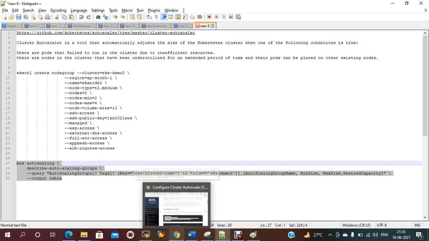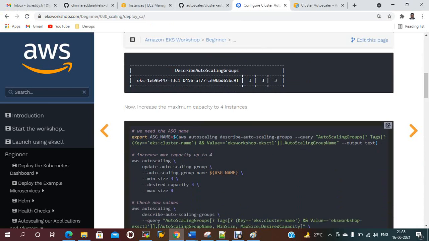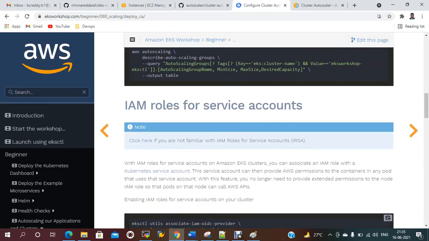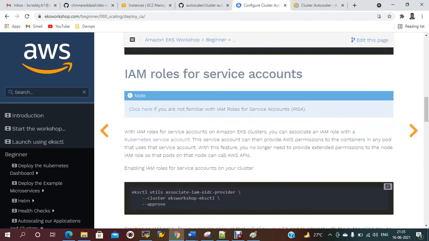Now once that is done, we need to increase the capacity. Now I need to create an IAM role for a service account. With IAM roles for service accounts in an Amazon EKS cluster, you can associate an IAM role with a Kubernetes service account. The service account can provide permissions to the containers in any pod. So we need to create a service account and provide those permissions.